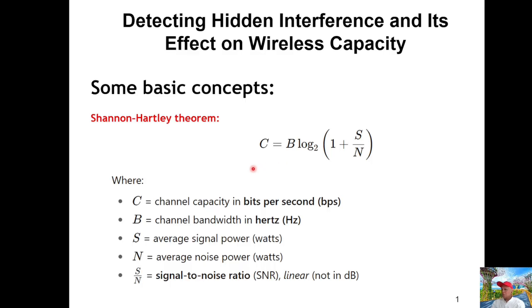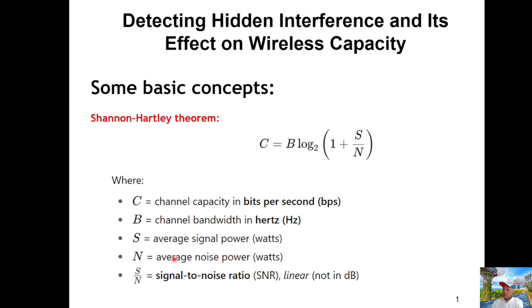In digital systems, like 4G and 5G, in some use cases, this formula may not be used to calculate the absolute capacity anymore. But here, we just need to calculate the effect of the interference on the wireless system's capacity, basically how much percentage the capacity will be affected. So we can still use this formula for baseline calculation.